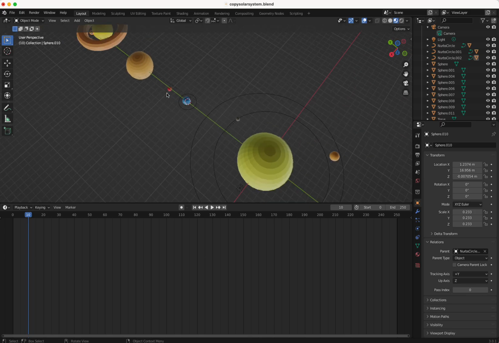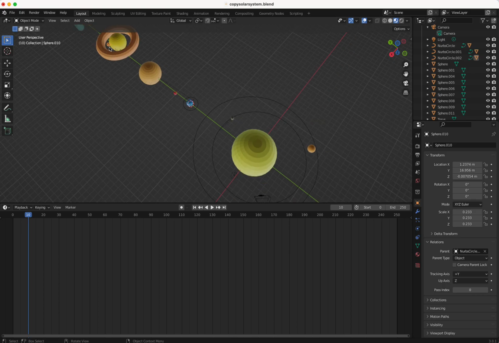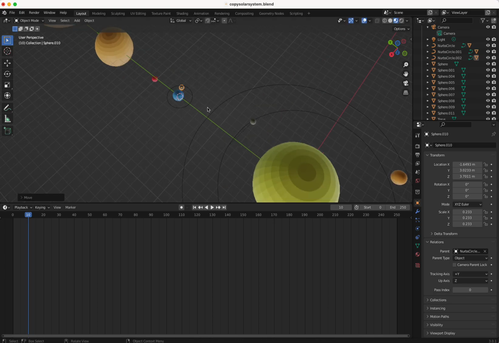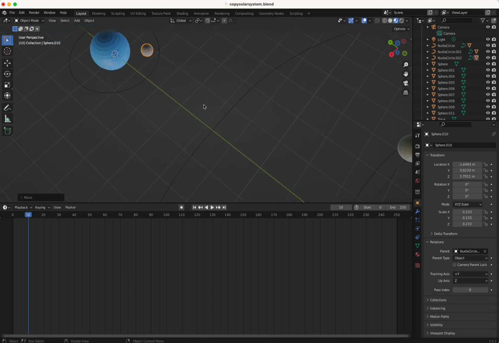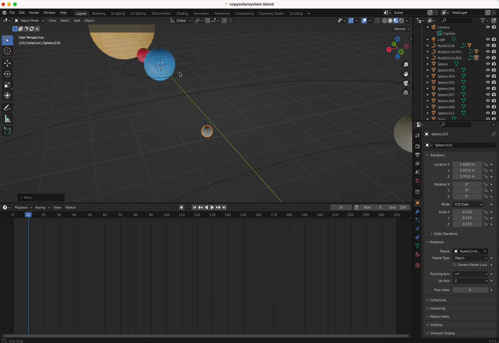Okay, now everything is not upside down. Where is the moon? Why is it gone here? Oh no! Moon, where are you? That's why the moon is gone so far. I don't know anyway.